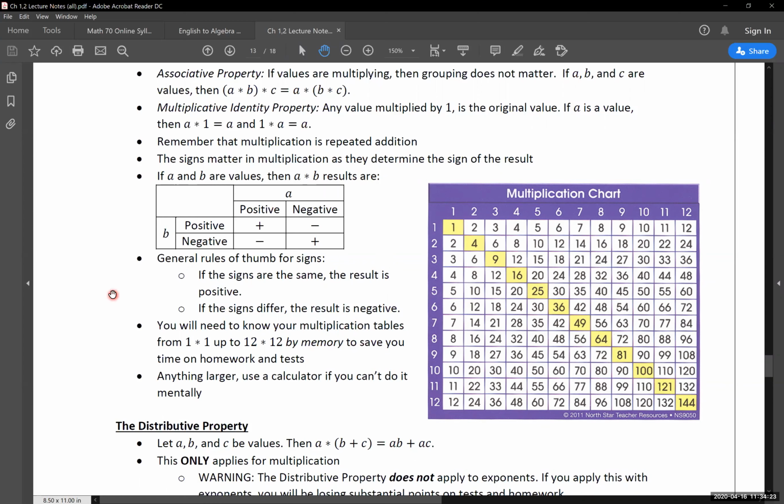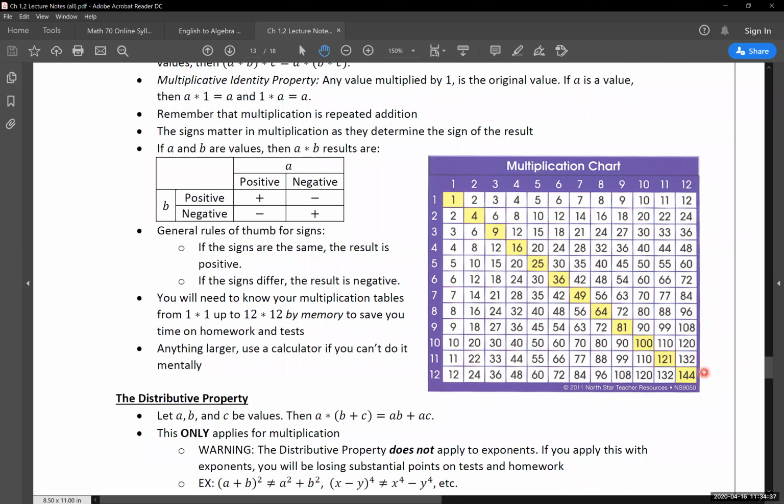I would also recommend, I have it written here, that you know your multiplication tables from 1 times 1 up to 12 by 12 by memory. You don't really need to have it memorized in the sense that you're going to fail or succeed in this class based on knowing that multiplication chart. It's not going to be the case. However, I would highly recommend you get this nailed down, because the last thing you want to do is show up for the test, or retake that, and have to use the calculator for everything that we have on here. Be able to do a fair amount of this multiplication in your head.